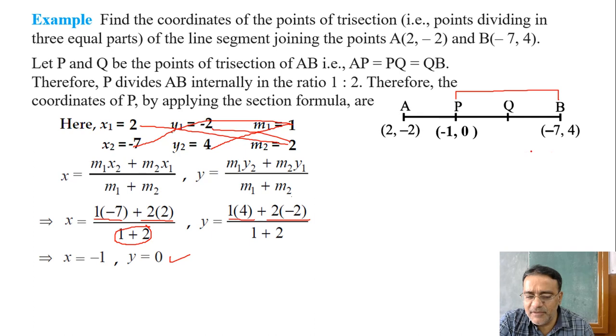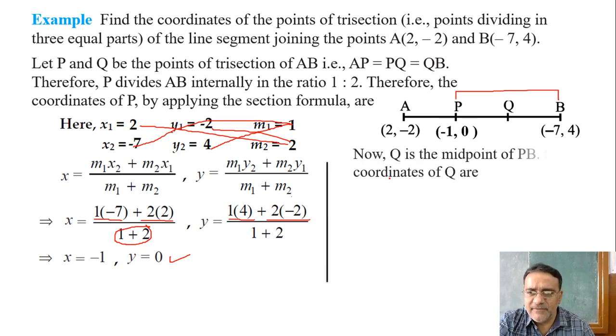Q is the midpoint of P and B. Now using the midpoint formula is very easy here. Okay, so let us start. First we have to write Q is the midpoint of PB. So the coordinates of Q are